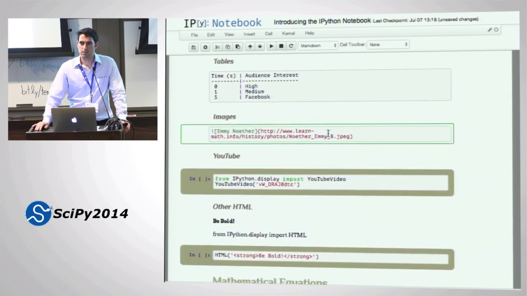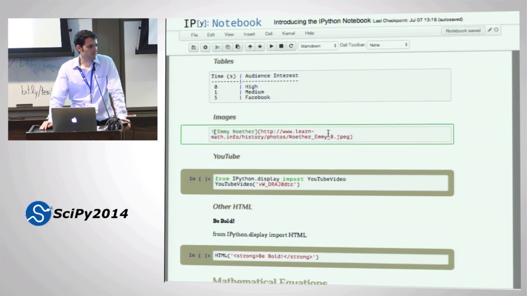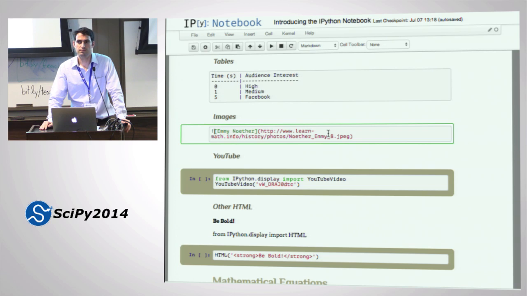The relative paths in the Markdown cells can point to other notebooks just by file name. You don't need to put a dot slash or anything. You just put the file name of the notebook. But they need to be in a subdirectory of where you launched the IPython notebook server. You can't climb up. You can only climb down. So relative works as long as it's below. You can think of the root directory where the server began as a ceiling you can't cross. You can do anything you want relative below that ceiling. You can't punch above it.